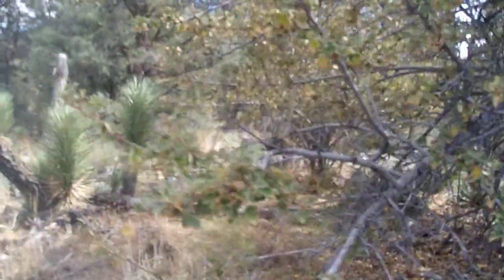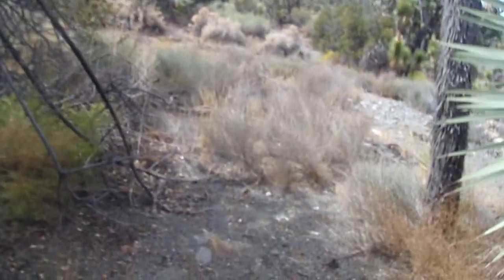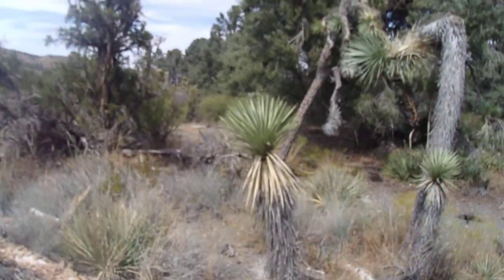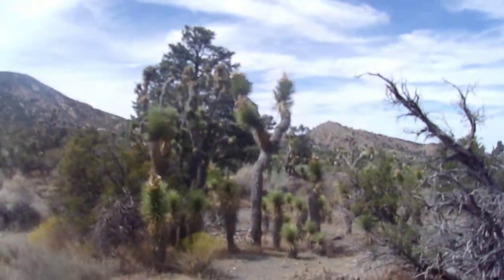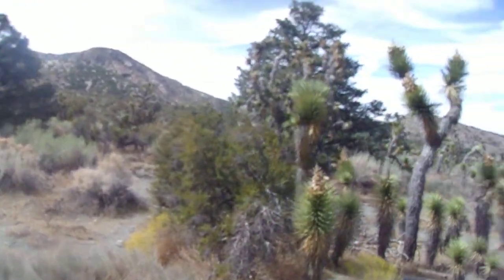I am just a few miles west of the town of Wrightwood in San Bernardino County at the eastern end of the San Gabriel Mountains, kind of along where the Angeles National Forest and San Bernardino National Forest border each other. I'm at an elevation of 5,050, 5,100 feet, and I've been in this area before to film